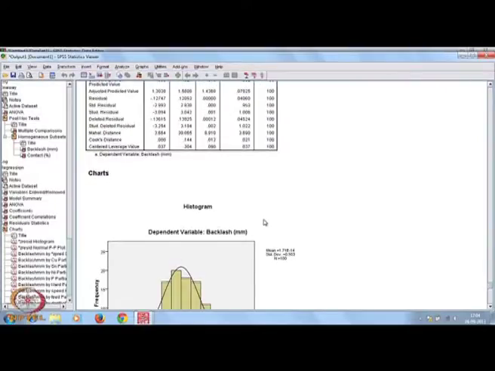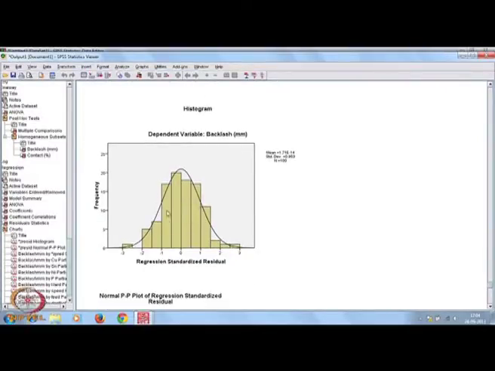Then go to the charts. This is the error histogram, the residual histogram part, and it is with the probability distribution also, that is the normal distribution curve. So, it is almost normal.